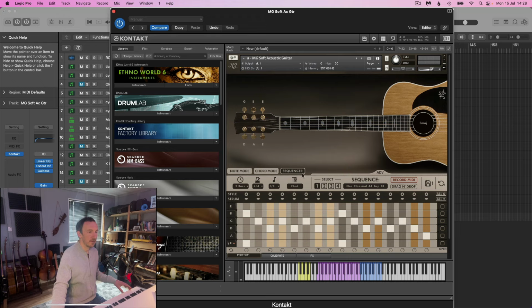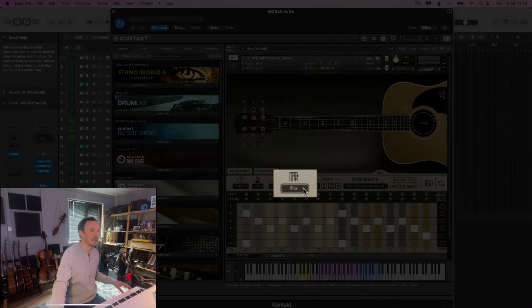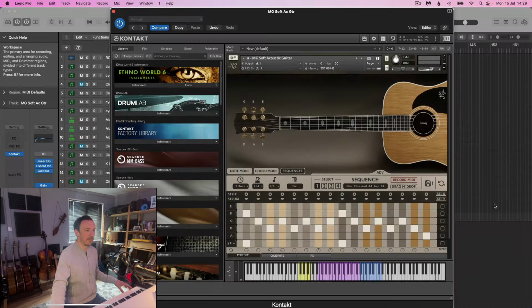Now just before I go and change the chord here, I'm going to turn this to fixed, or fix, sorry. So we have 3 options here: fluid, top, and fix. But fix is the simplest one because it just keeps the pattern exactly the way it is as you see it on the screen. So say if I go to a higher chord now, like a high D minor,